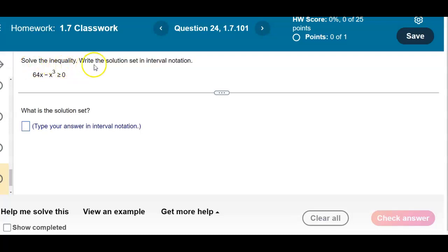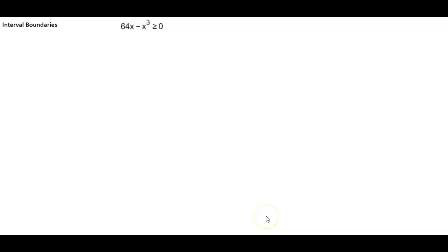Solve the inequality and then write the solution set in interval notation. We have 64x minus x cubed, which is greater than or equal to 0. So let's go ahead and solve. The first thing we need to look at is if this inequality has 0 isolated on the right-hand side,